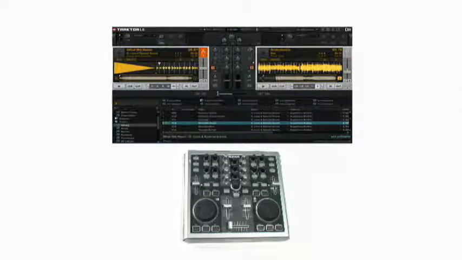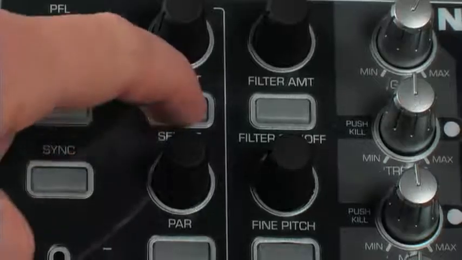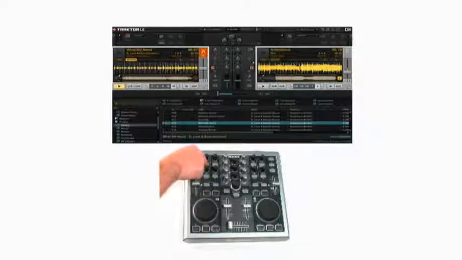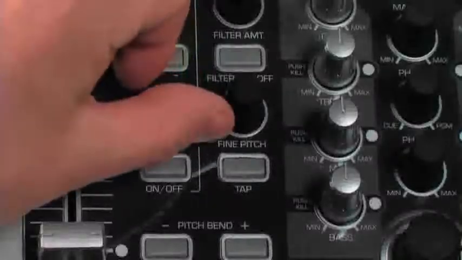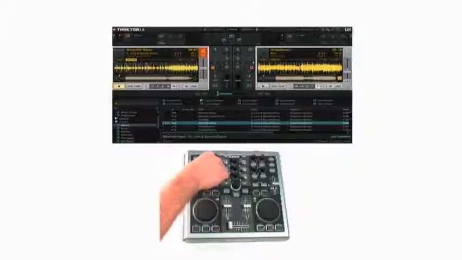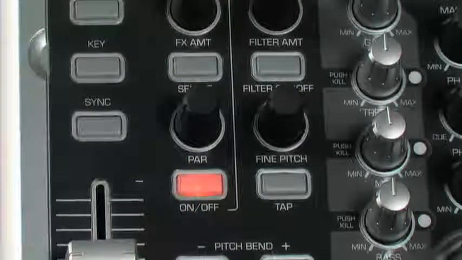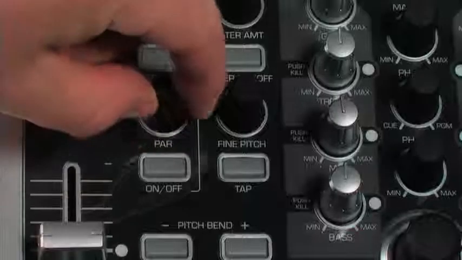Now I can start adding some effects to each deck to create more sonic presence and change it up a little bit. Traktor has built-in effects that you can select right on Total Control. First, press the select button, and if you notice above Deck A, I have a flanger, then a reverb, no effect, and then a delay. Right now I'm going to select the flanger. And using the two parameter knobs, I can adjust the amount of this effect. To turn it on, I hit the on button, make a couple of tweaks,